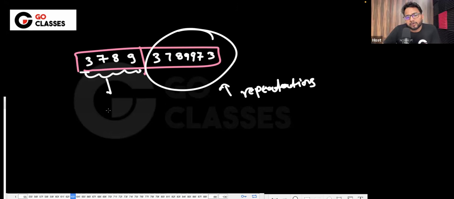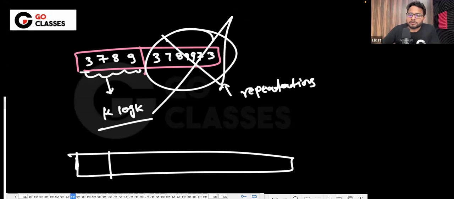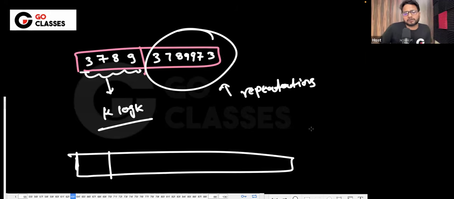And then you can take k log k time to sort this, right? K log k time to sort this. Now, since you have the frequency, you don't have to write this out; it is just for understanding purposes. Once you have the frequency, you know that 3 is coming total 3 times, so